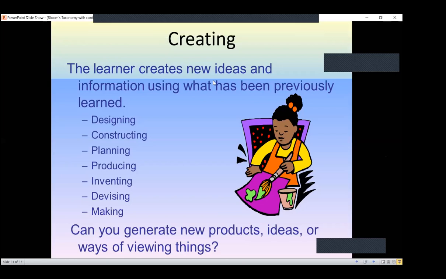Ideas can be very stupid also. We cannot say that all the ideas have to be very great. But sometimes stupid ideas can also lead to very good inventions. It's not necessary that each time the product should be new, but whatever is available, students can make modifications to that. And that is what creating is.